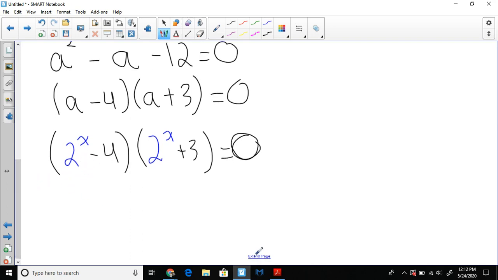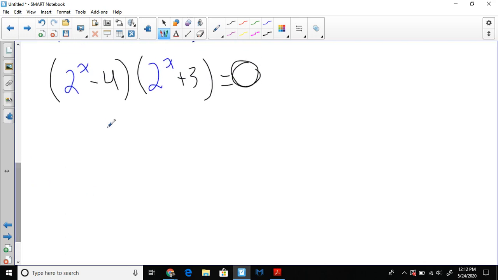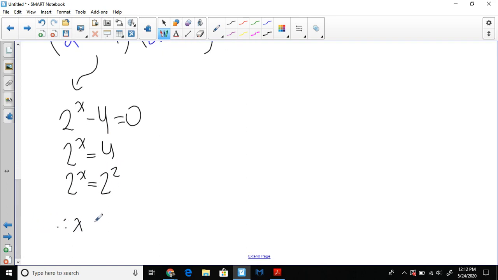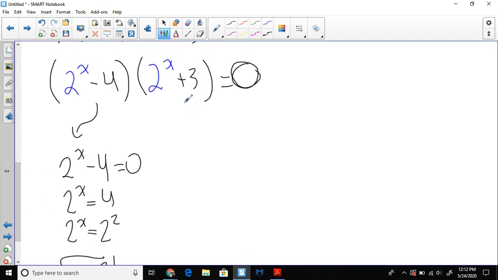Okay? So I'm going to say, well, this one, 2 to the x minus 4 equals 0. Well, this one's easy. 2 to the x equals 4. 2 to the x is just 2 squared. So one answer is x equals 2. Now I'm going to do the same thing for this one. 2 to the x plus 3 equals 0. 2 to the x equals minus 3. And then now